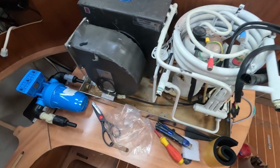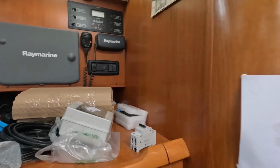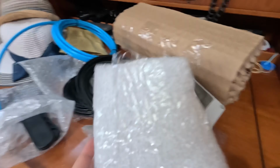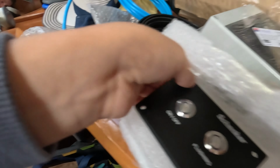This is the old air conditioning. This is part of the Watermaker, isn't it? Yeah, that's the pump. Over here, we've got the circuit breaker. So that's going to be if there's any problems. We've got the circuit breaker box. We've also got in here, what do you think it is? Oh, it's the on and off switch. This on and off switch will be going